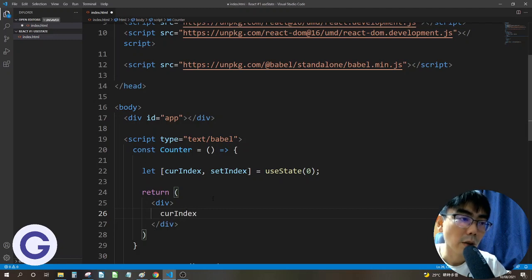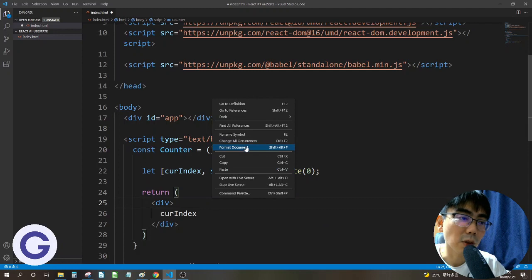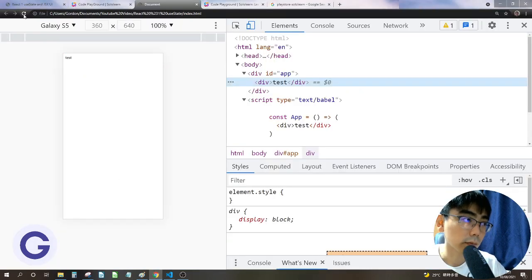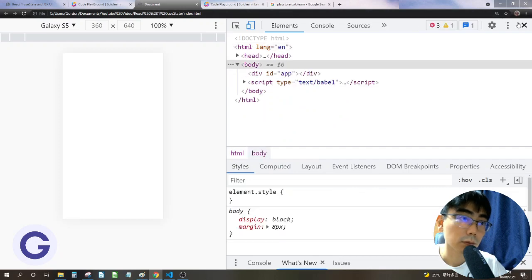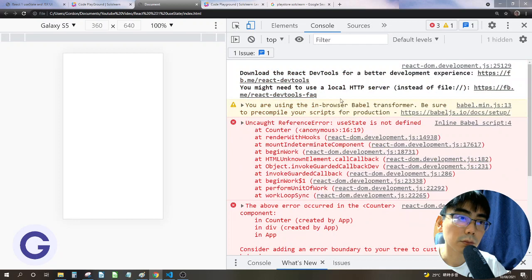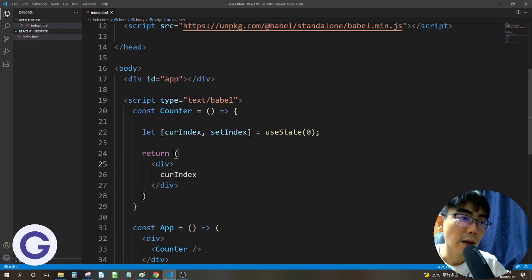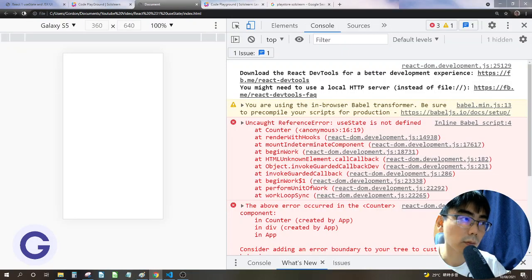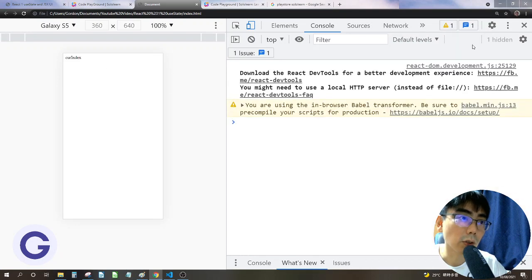Okay, so we can auto format it with the Shift Alt F in VS Code. So let's try it. Yeah, so it is not working. useState is not defined, so we need to have React.useState. Okay, so now we have the